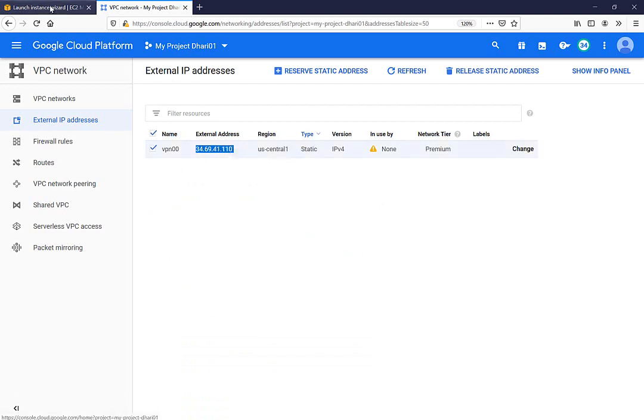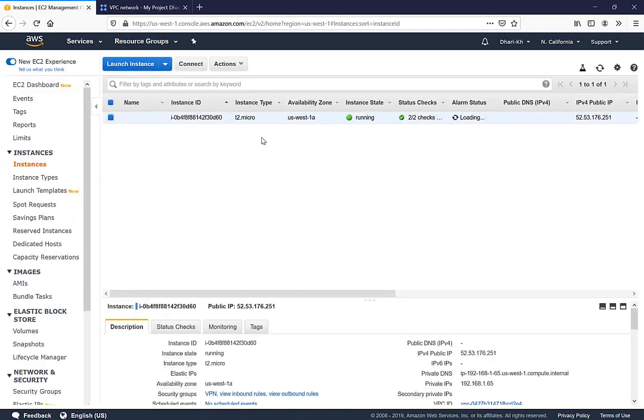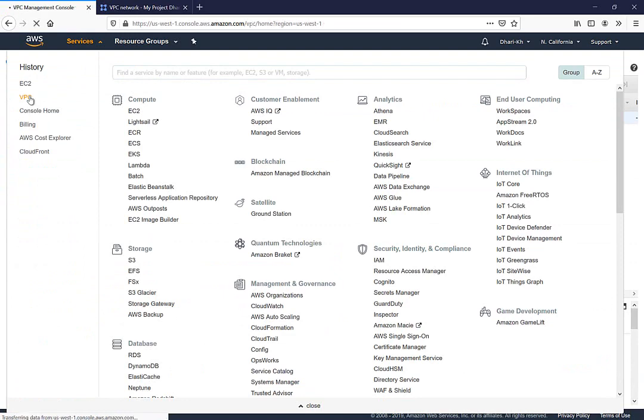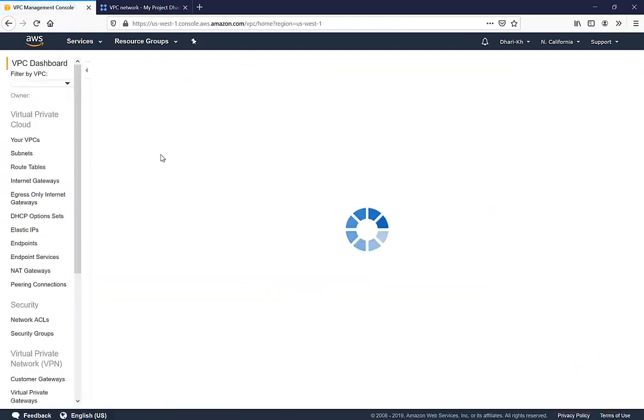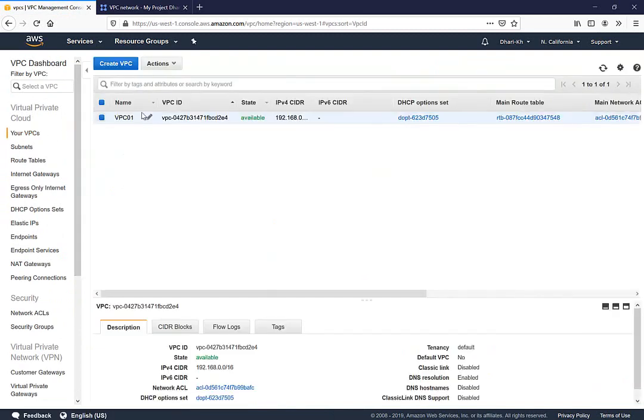All right. I will go to AWS. Here I'm in AWS. I created the instance here, the computer here. I go to the VPC. I will show you very quickly what I already did in AWS. I created a VPC. I have one VPC here, and the CIDR for this VPC is